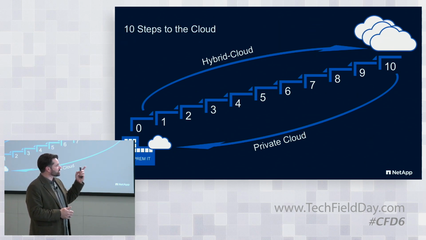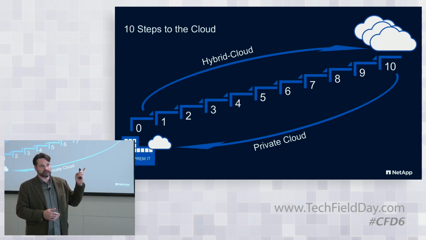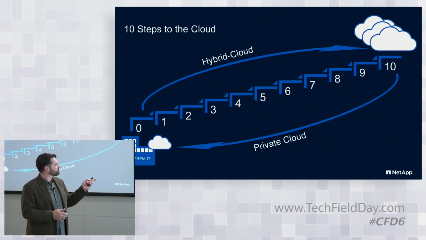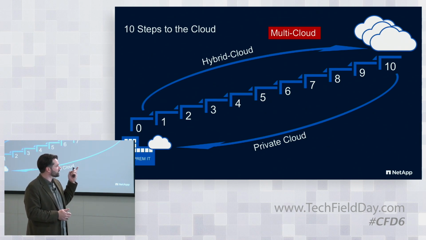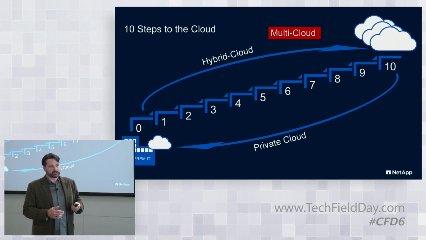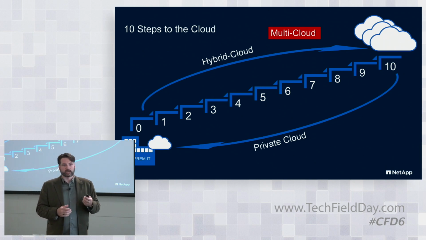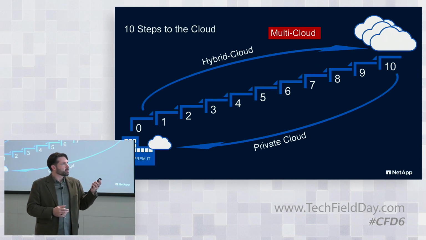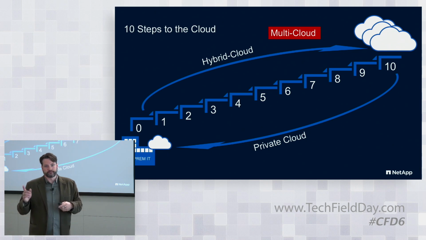If we add another layer and actually add more public clouds like we have now, then we end up in a scenario where they're relying on multi-cloud capabilities, where they want to use different services in different hyperscalers because of maybe a best of breed and a different kind of service, and they want the flexibility to move their services around, move their own applications, bring the data with it.